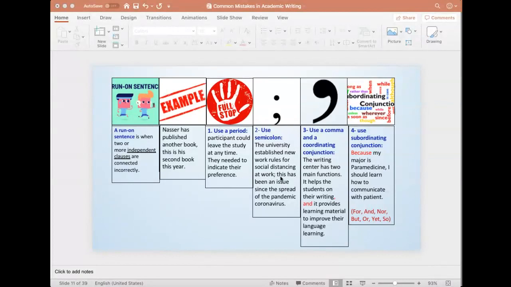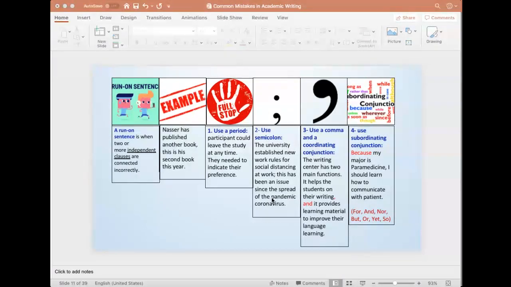The other part: this has been an issue since the spread of the pandemic coronavirus. So if you can notice why these were separated with a semicolon, you will find that both of them are independent, and they carry full meaning,